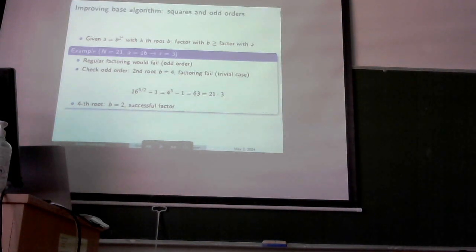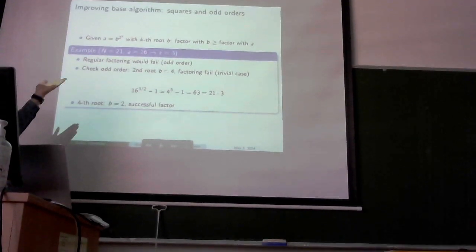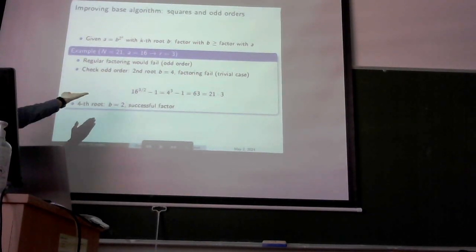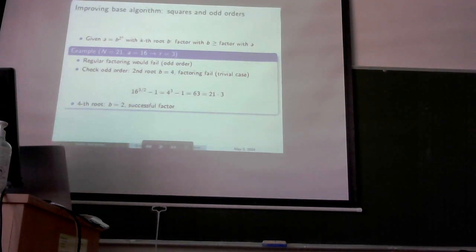So in general, it is desirable to check if a given element is a power, to reduce it to the lowest root and to actually factor using the root. This is a simple example to show the idea. If we happen to factor with n equals 21 and n equals 16, first of all, regular procedure would fail because the order is odd. If we allowed odd orders and we took the square root and got the immediate root, which is 4, it would also fail because now a trivial case is not satisfied, so it cannot really factor. But if we go to the lowest root, which is the element 2, the factoring is successful. And I'm going to show that in a minute because it is one of the last examples I have.